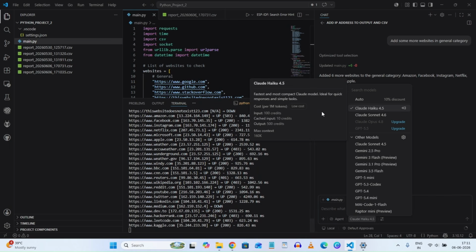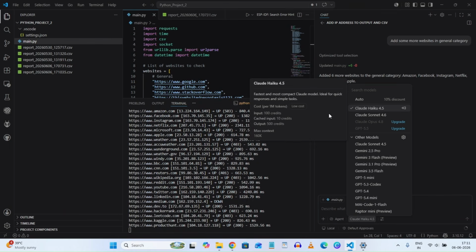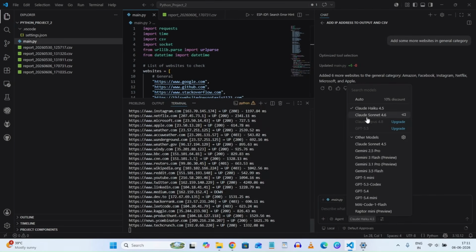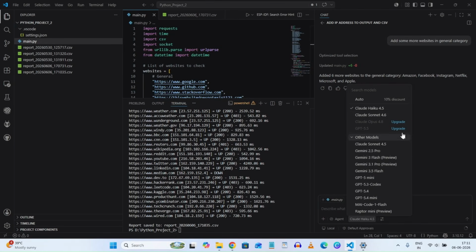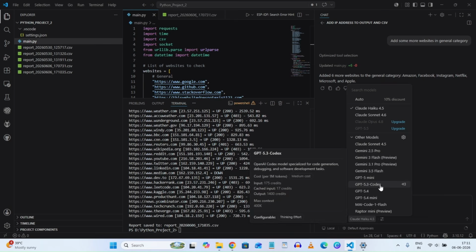So this is not for complex responses. For complex responses generally you go with Claude Sonnet 4.6, and if you want to upgrade to more features, you have to select Claude Opus 4.8 or any other. Even here you can use GPT 5.3 Codex, OpenAI Codex models specialized for code generation, debugging